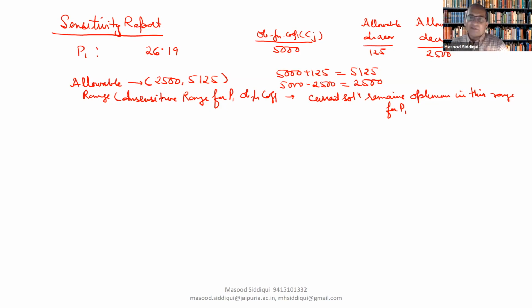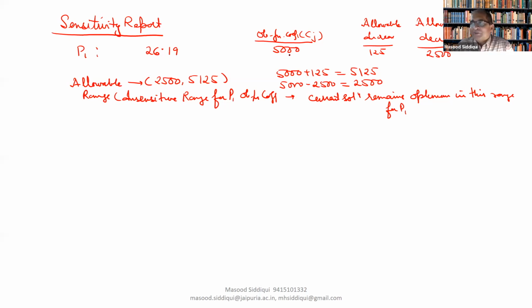Side by side, we are discussing the estimation also. Suppose it has been estimated that the profit from product 1 is 5000, but the actual profit, suppose it is a wrong estimation, is 5100. Then again, the solution doesn't change, right? But if the actual profit is beyond 5,125, then the solution may get changed. So it will give us some idea about the care that should be taken with the estimation of that parameter.